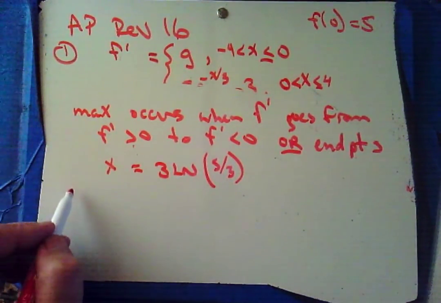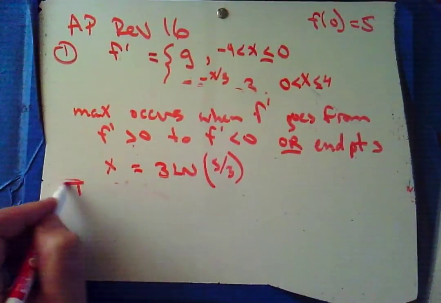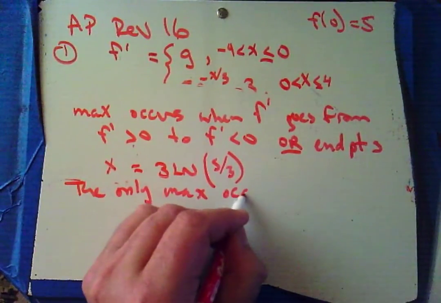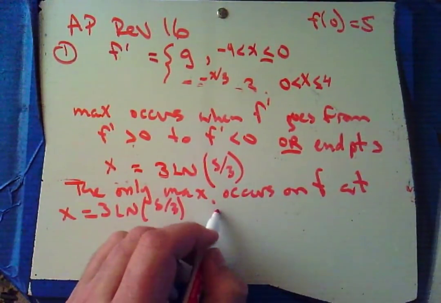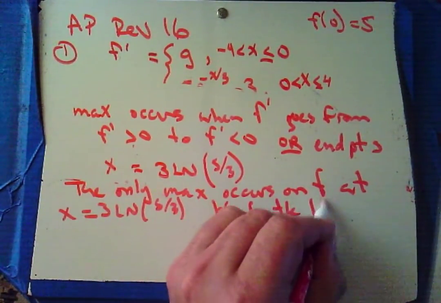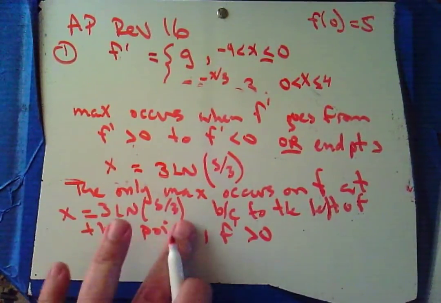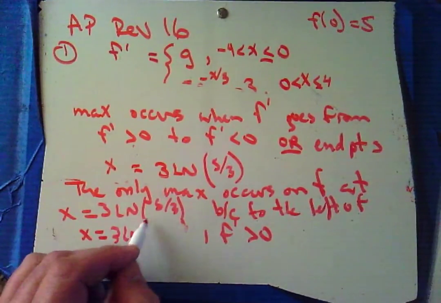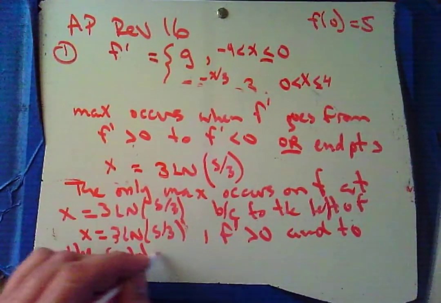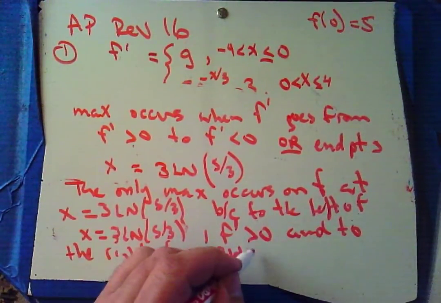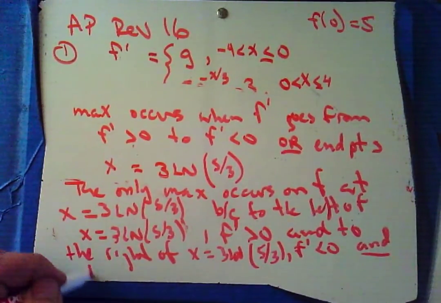If you're feeling complacent, then let's start that sentence with: the only max occurs on f at x equals 3 ln 5/3, because to the left of x equals 3 ln 5/3, f prime is greater than 0, and to the right of x equals 3 ln 5/3, f prime is less than 0, and the endpoints